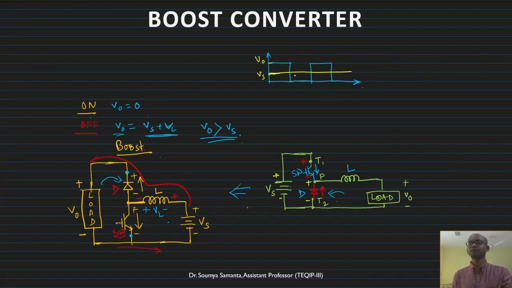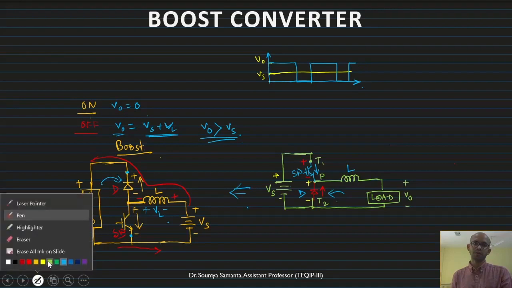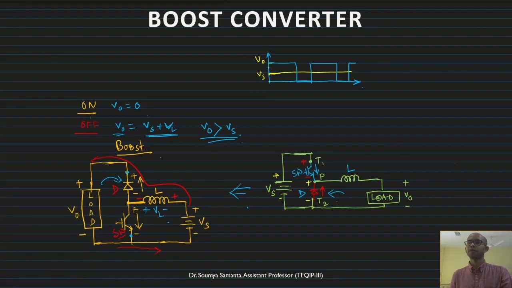This is Vs. So what is the average value? Depending on this time, if we increase the on time of this one, that means more time it is turned on and less time it is turned off. If I do this, then we will get the voltage around this. The average value is somewhere like this. So we will get the boosting operation.